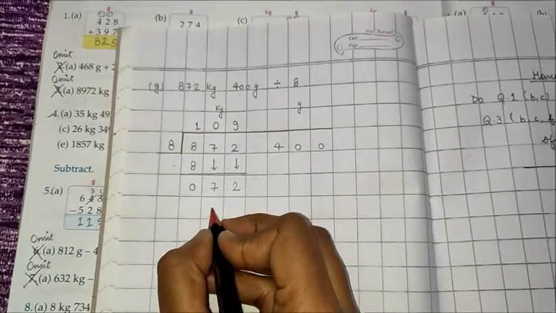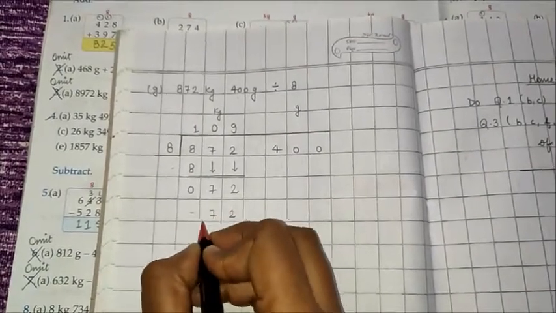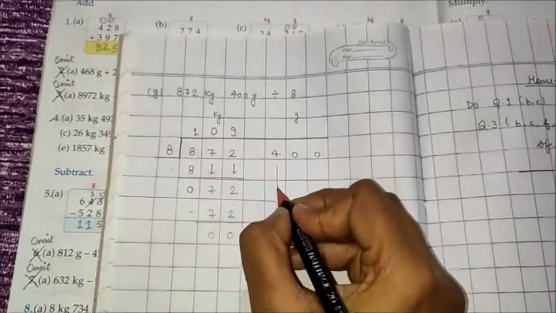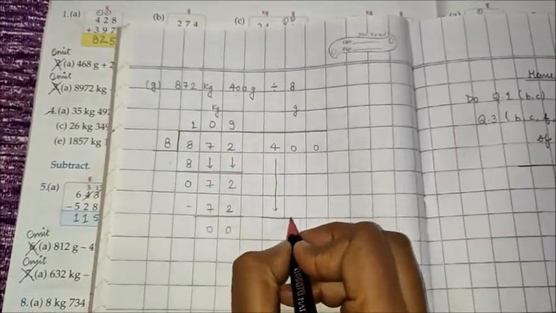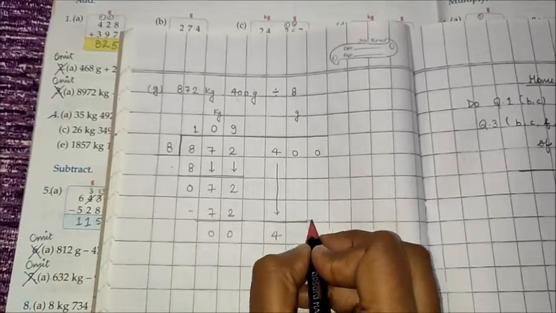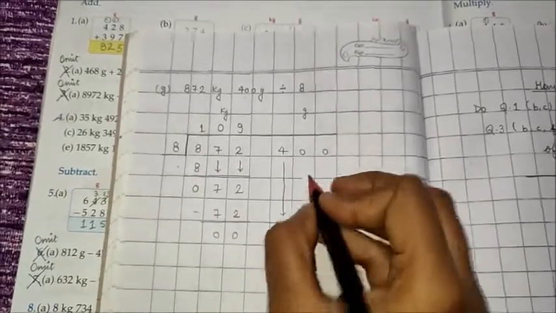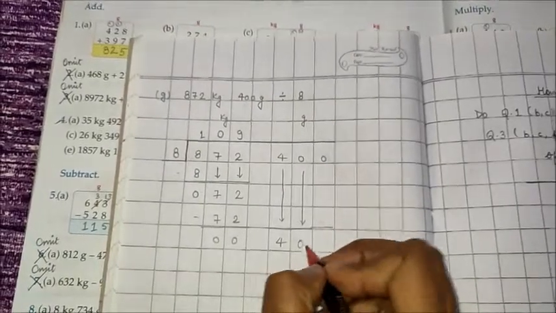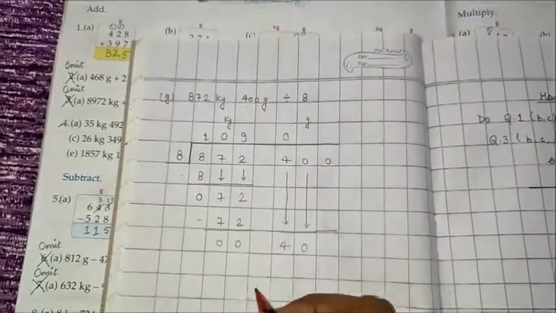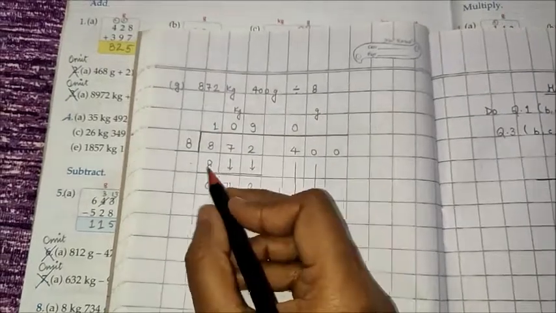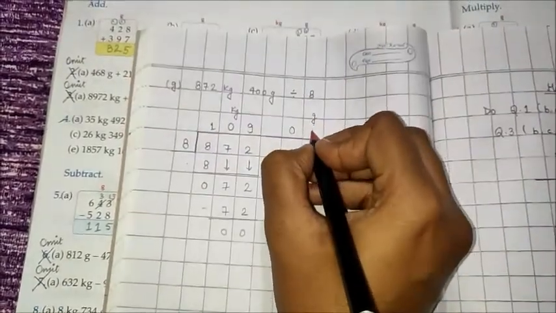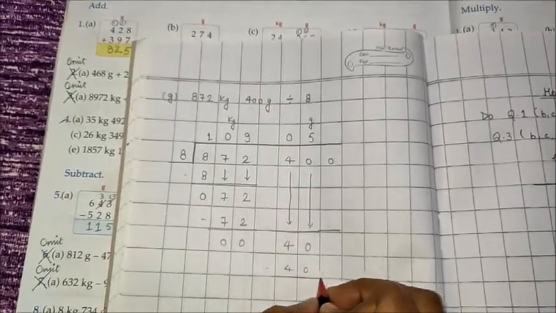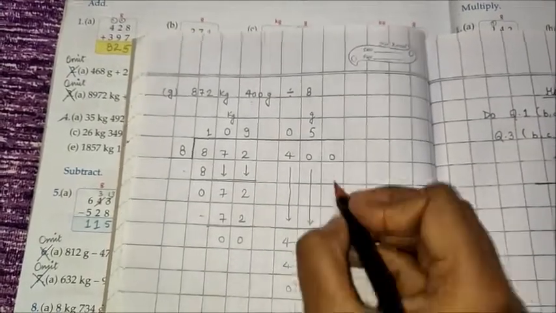So 9 times 72, then subtract, it will be 0. Next we are going to write this 4. Now as you can see 4 को भी हम 8 से डिवाइड नहीं कर सकते. So we are going to write the next number also which is 0. और जब भी हम नेक्स्ट नंबर नोट करते हैं हम ऊपर क्या लगाते हैं, क्वेश्चन में 0 लगा देते हैं. नाउ 8 की टेबल में 40 5 टाइम्स आता है, सो 5 टाइम्स 40, subtract, it will be 0.